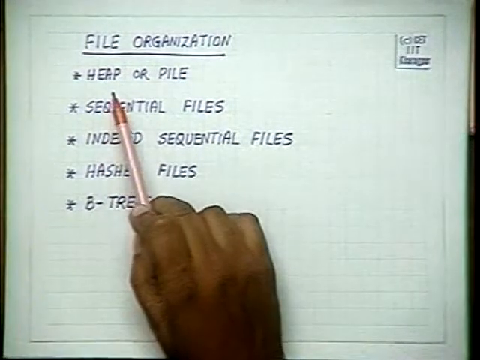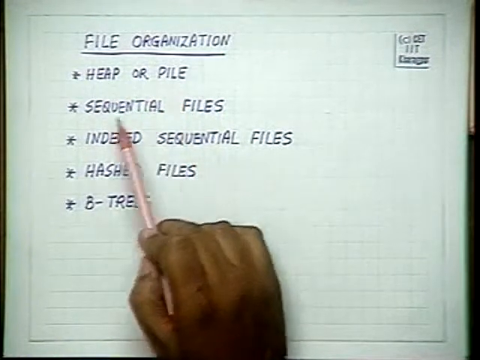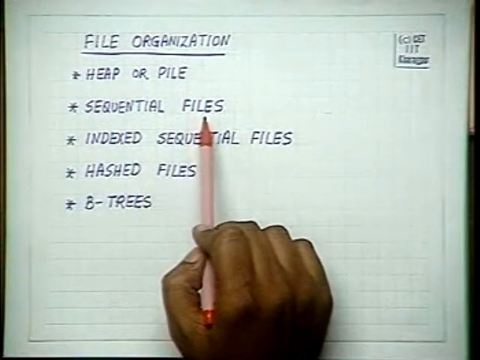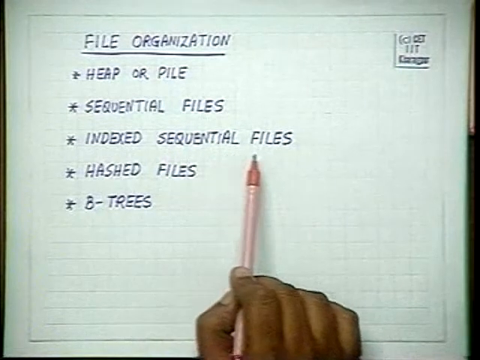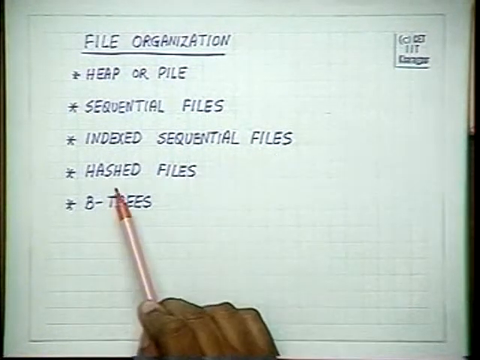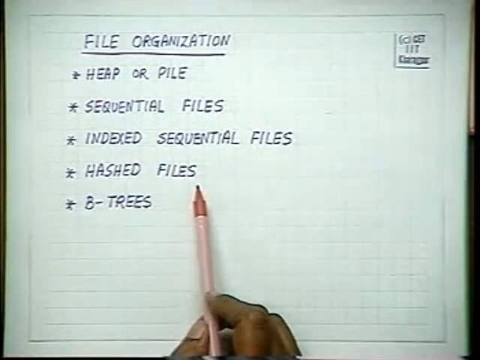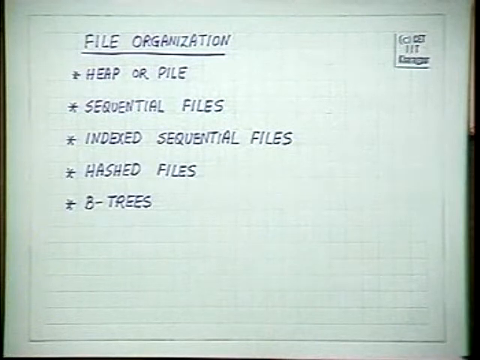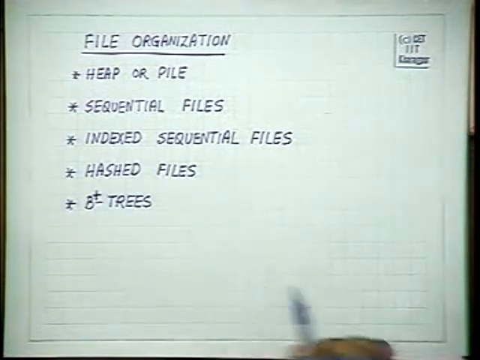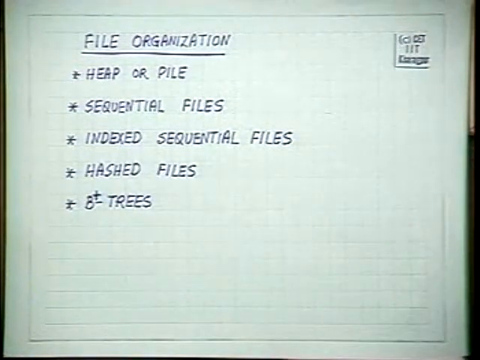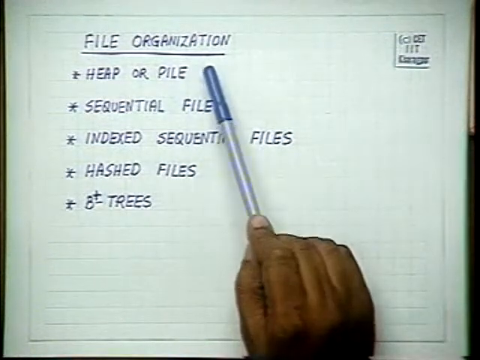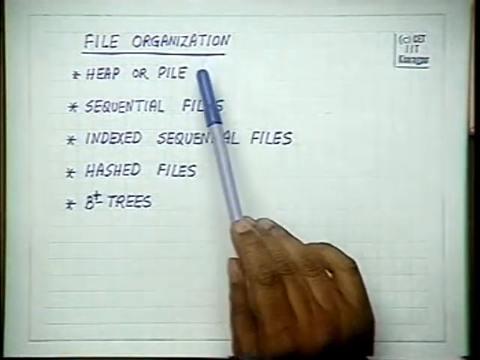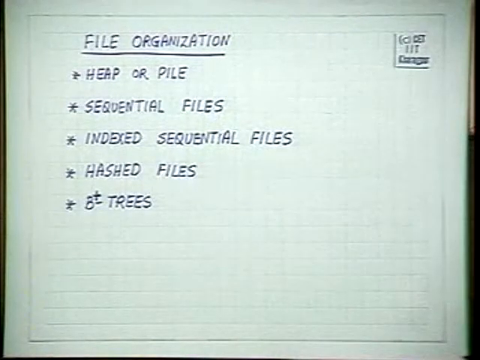The first is called a heap or a pile. The second is a sequential file. The third is the indexed sequential file. Then we have what are called hashed files, and we have what are called B trees or B plus trees. In this course, we will mainly be doing B plus trees. So the next important aspect, with this background, we will go through the details of the various file organization